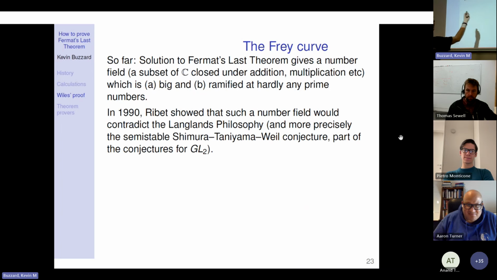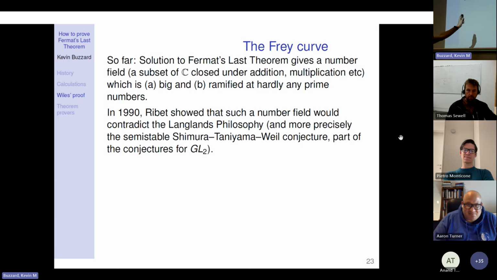And the next breakthrough was in 1990, where Ribet showed that actually this contradicted the Langlands philosophy. So this is where the Langlands philosophy somehow comes in. It would contradict this semi-stable Shimura-Taniyama-Weil conjecture. And this was the big